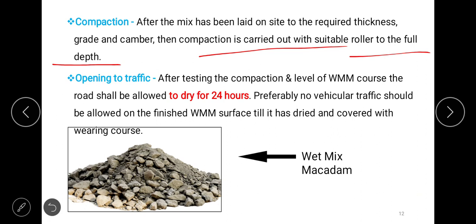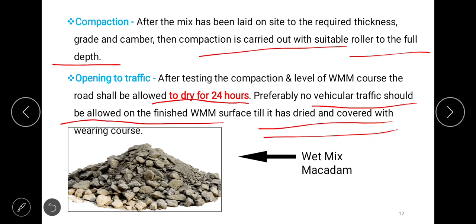After testing the compaction and level of WMM course, the road shall be allowed to dry for 24 hours. Preferably no vehicular traffic should be allowed on the finished WMM surface till it has drained and is covered with wearing course.